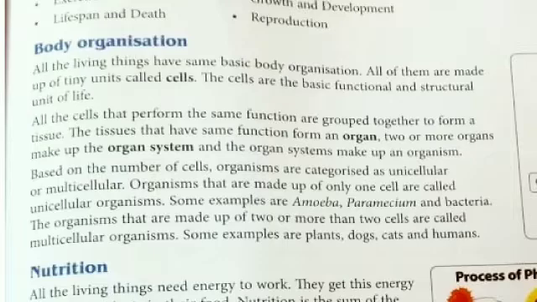What you see, plant and animal, they are multicellular, because we cannot see unicellular organisms with our naked eye. We have to take help of a microscope. Then we can see unicellular organisms. So what we see, plants and animals, they are multicellular. On the whole, we learned that every plant and animal has a definite body organization.